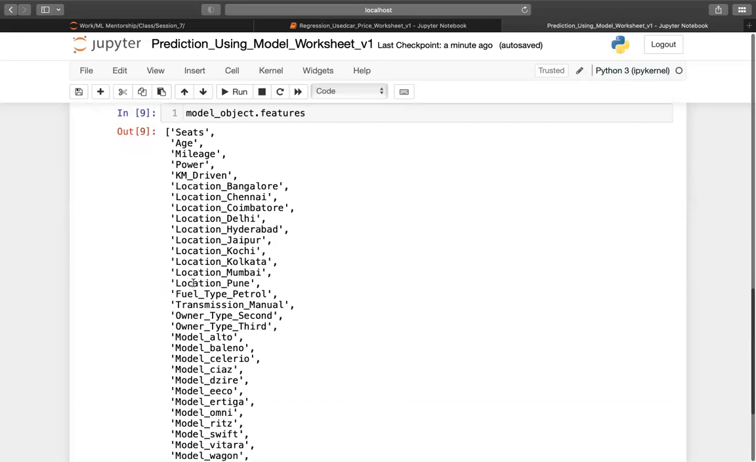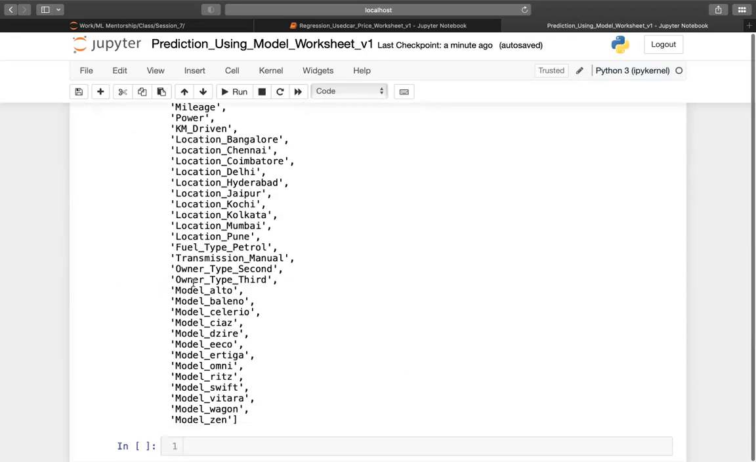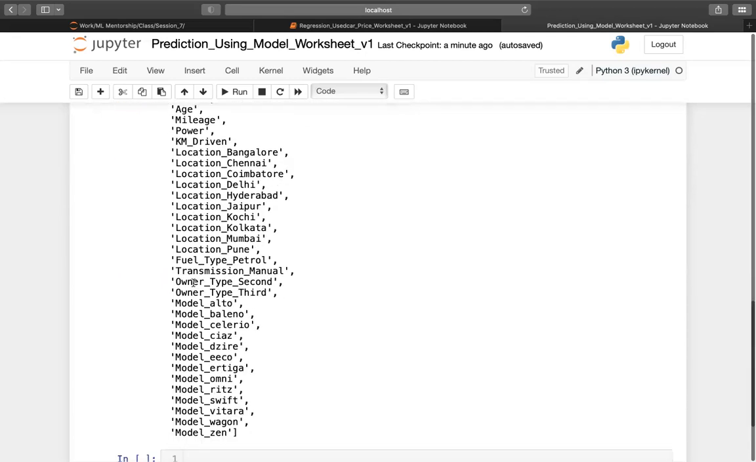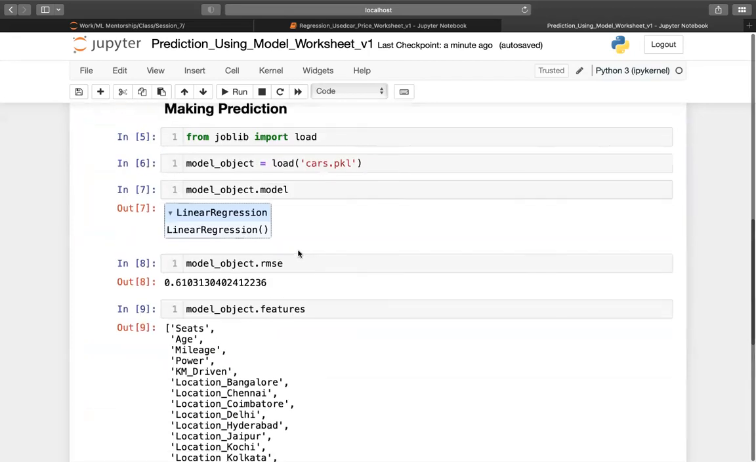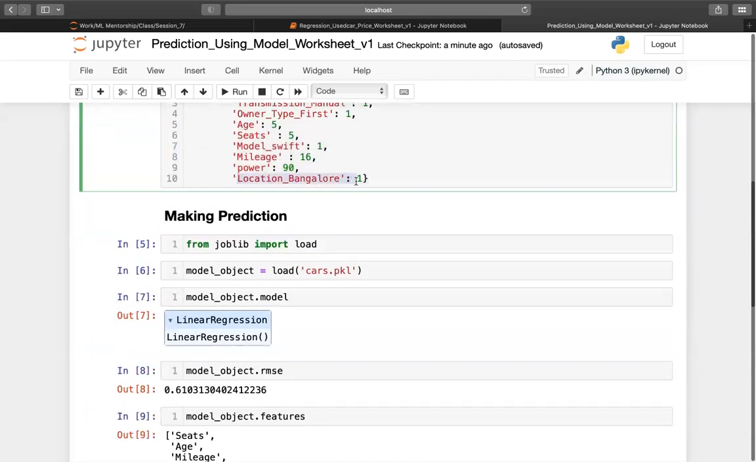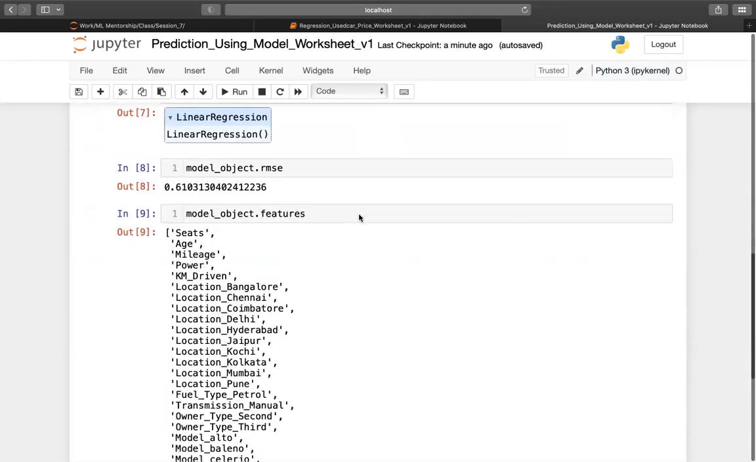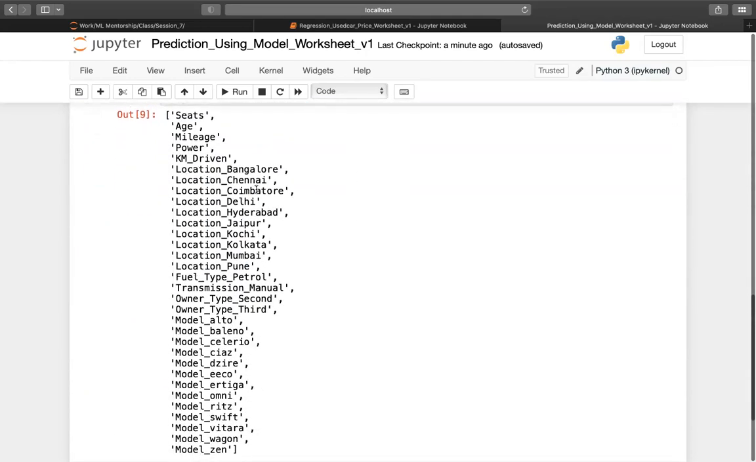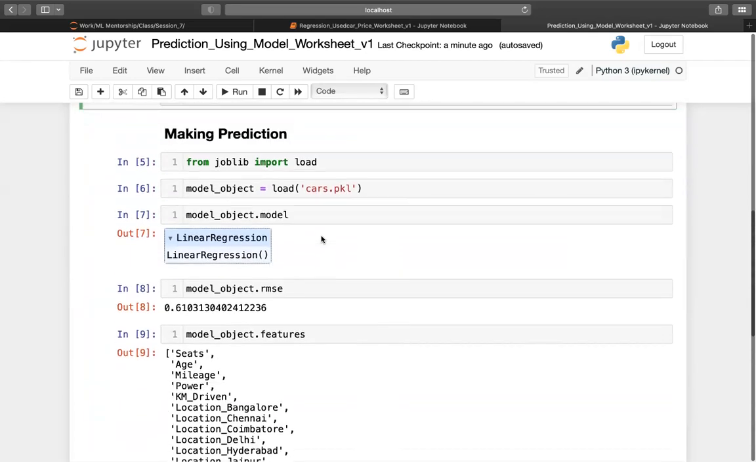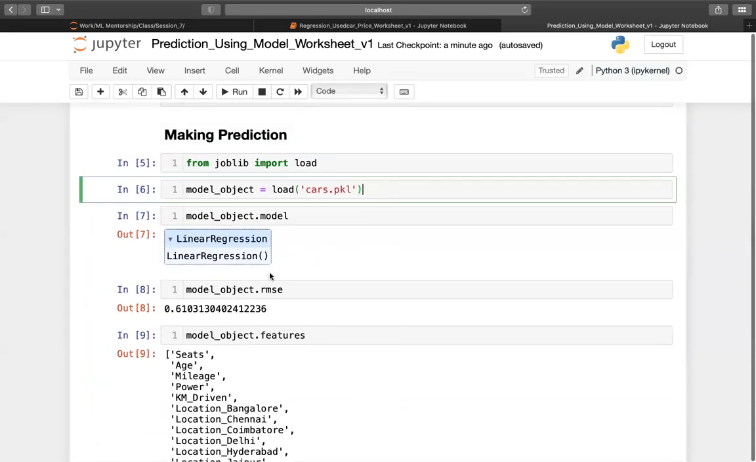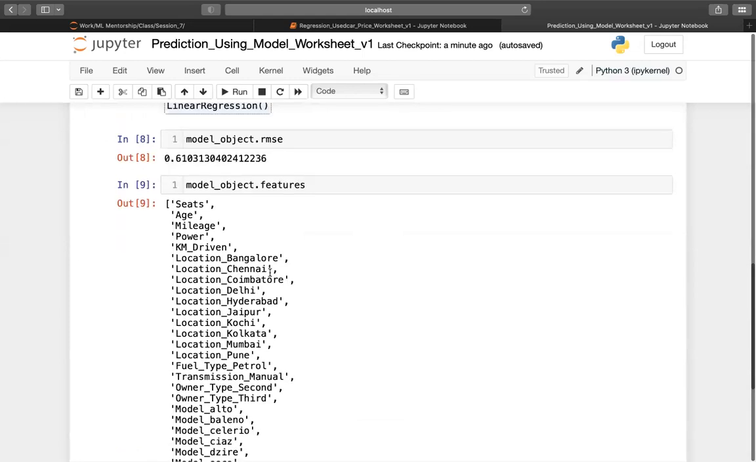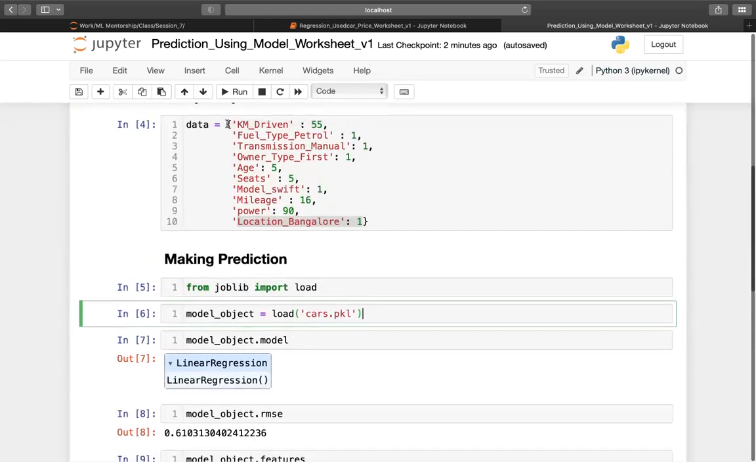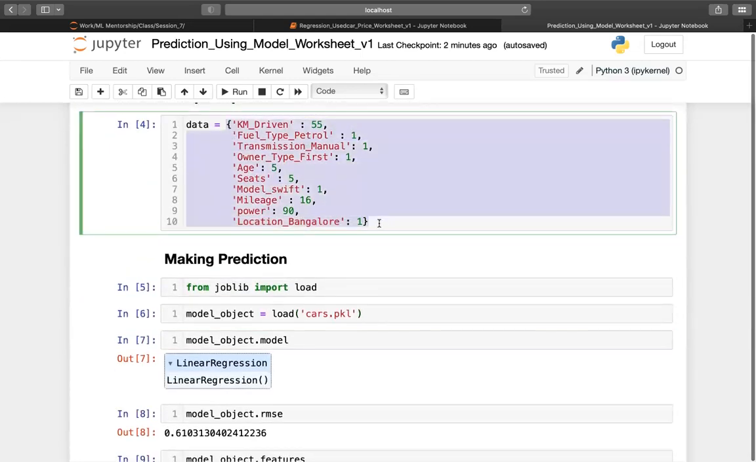But then we also have to set the fuel type diesel equal to 0, or let's say location Bangalore equal to 1. The other locations, Chennai, Coimbatore, Delhi, Hyderabad, have to be set to 0. Right. So to do that, we have to take this input and create the expected input